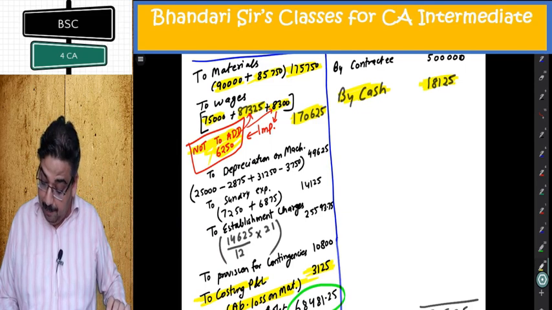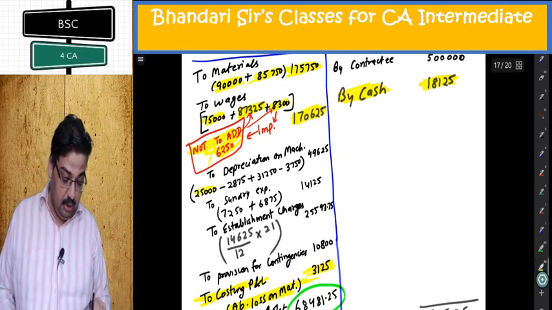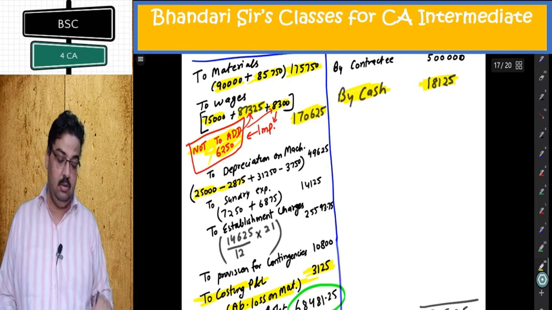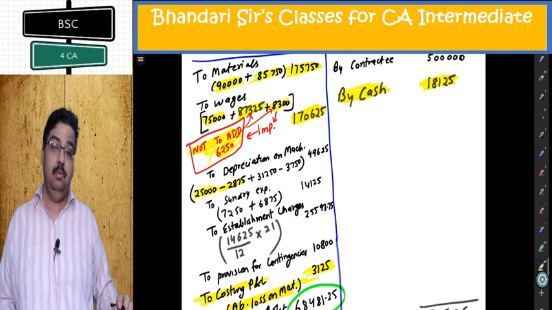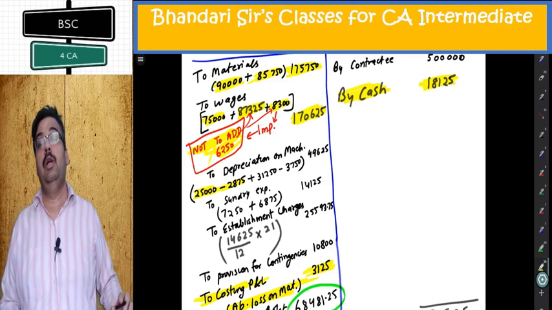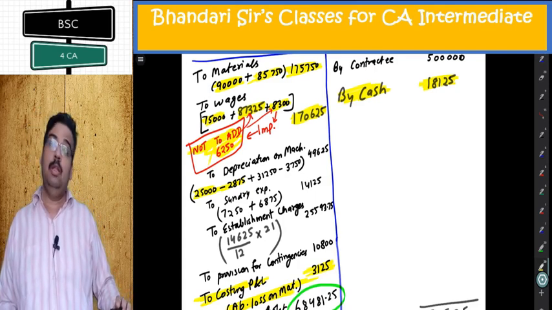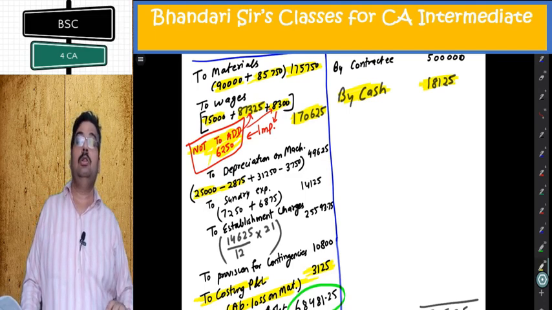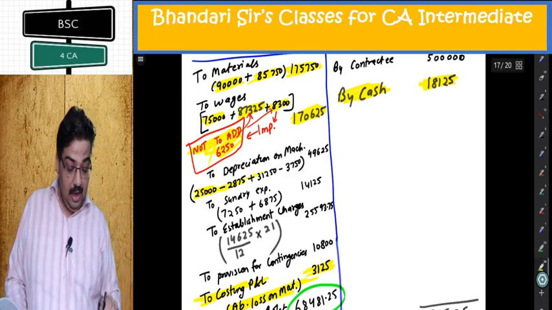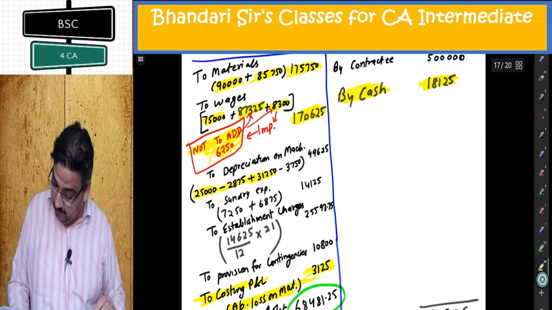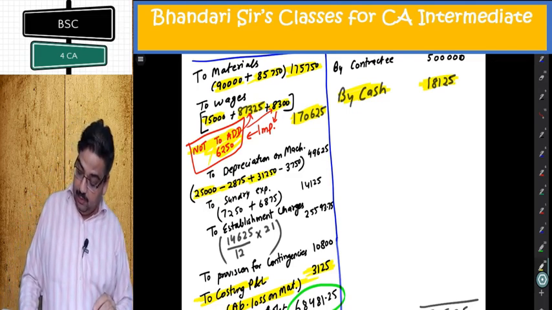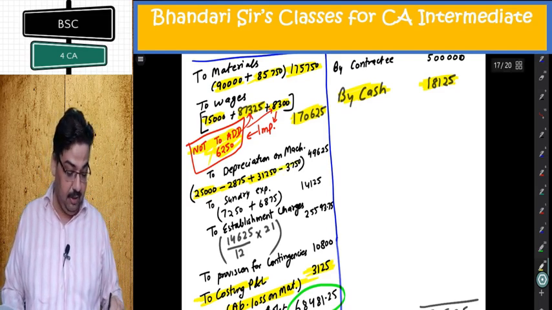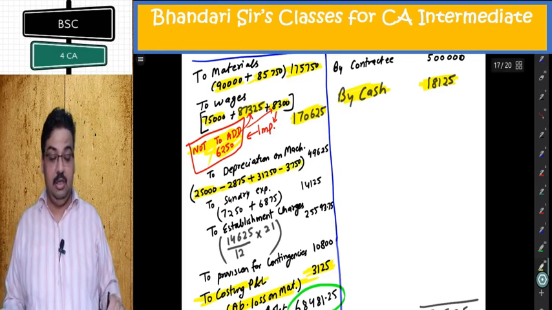So this is the most important point in this question. Next, plant. 25,000 was there. 2875 was sold, scrapped. Plant costing 2875 was scrapped. We assumed there is no profit or loss on that, so it was sold for 2875 and it had a cost of 2875. Additional plant at the bottom is given. Further sum of 31250 would have to be spent on plant, and residual value of plant on completion of contract will be 3750. Residual on completion is 3750.